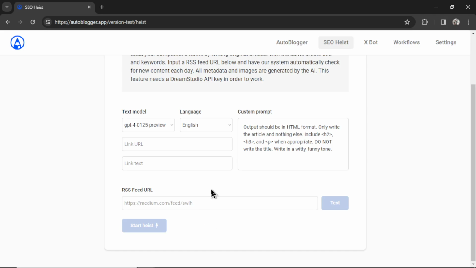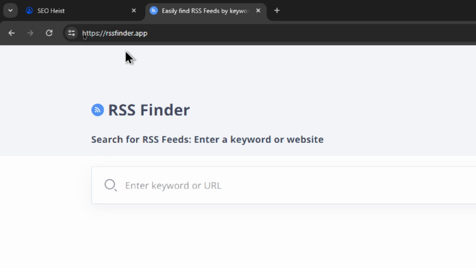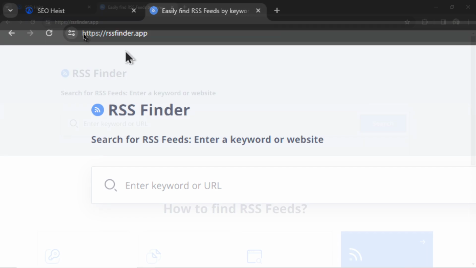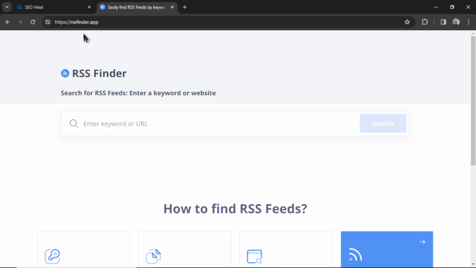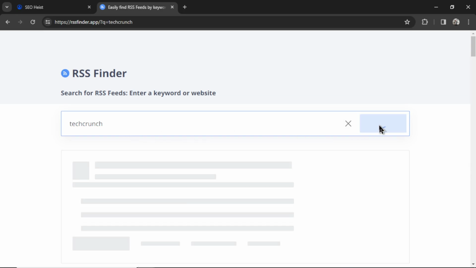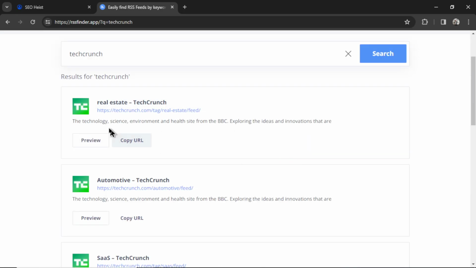And then we have to add an RSS feed URL for our competitor. To get that, I like to go to rssfinder.app. It's a completely free website where you input your competitor's URL, and then it checks to see if there is an RSS feed for that blog. Or we can enter keywords. I'm going to write something like TechCrunch, very popular website, and we see it has the real estate TechCrunch page,